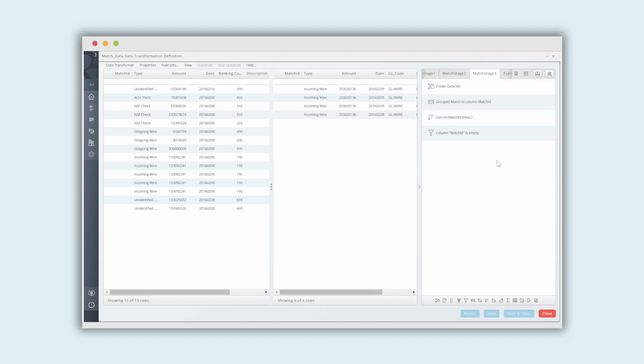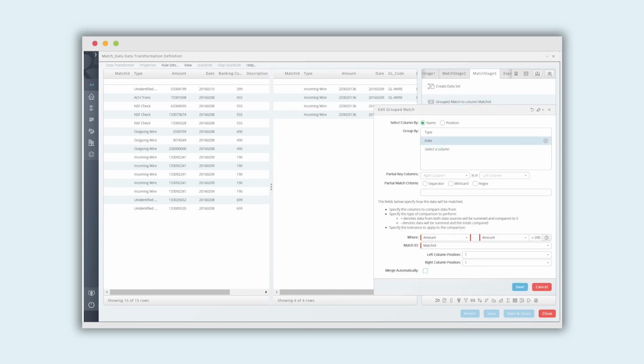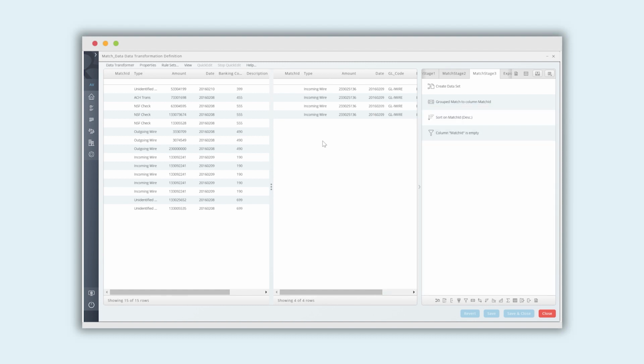Finally, we want to run one more matching stage, and again, you can run as many matching rules or stages as you want to on this. This is the final one, and we want to look for potentially any other items that might match. For this item, we've actually created a rule where we are only matching on date, and we're looking at the amount, but in this case, they do not have to be an exact match. We are looking for anything that's within plus or minus 200 dollars, euros, whatever amount you're trying to match on. So once we ran this rule, we actually came up with another 3 or 4 or 5 different matching items